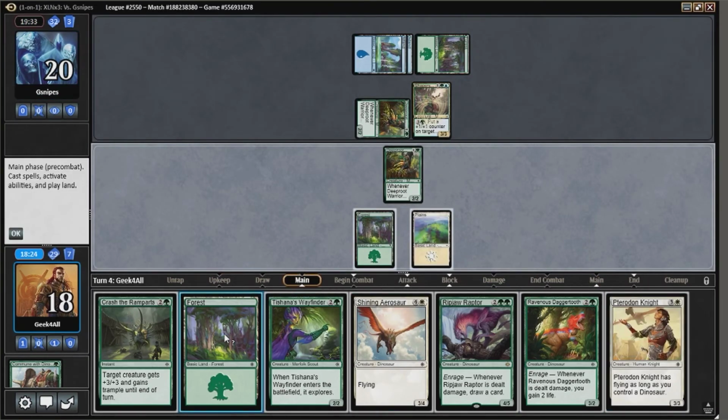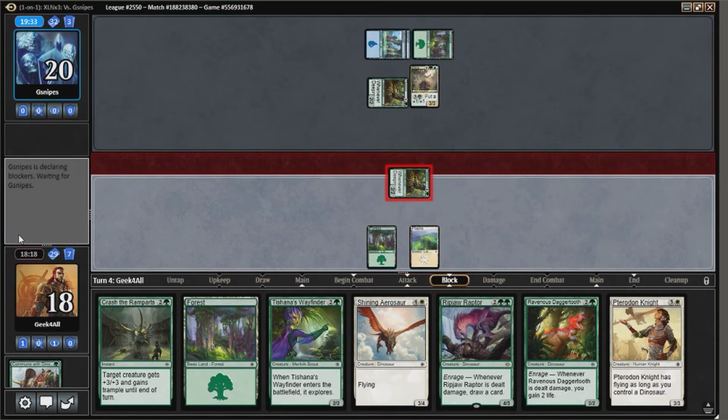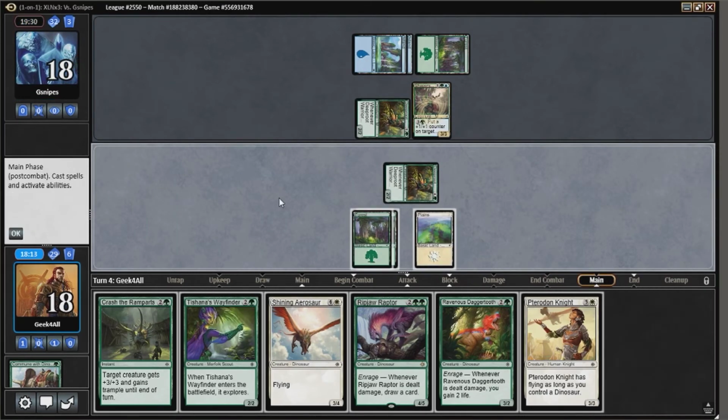Alright. If we play... Well, let's attack. We'll do the same thing they did. They don't have the mana to put a counter on it, so I'm assuming they're also just going to take 2. Yep. Okay. Then we play a land. And we play out...